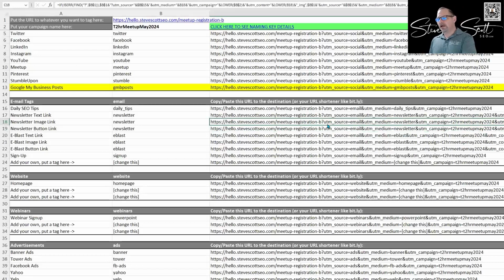Now, these are obviously very long, right? And it's not going to work really well on Twitter to do something this long. So what we do on top of this is we actually combine this with using Bitly. And we have a custom Bitly for SSSEO.pro. And it's /meetup-may, something like that. And we can make a nice short URL that'll work great and look great in all the different platforms, Instagram and Twitter. It's not going to be too long, which this is nice, but it'll keep all this information. So when someone clicks on that link, it follows me back into my tracking. In fact, just again, let me show you something else here.